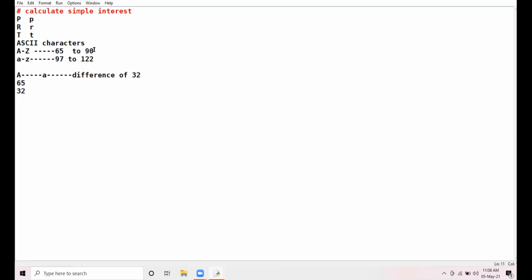When you add 32 to it, it gives 97, which is the ASCII code of small a. Similarly, when you deduct 32 from the ASCII code of small a, the answer is 65, which is the ASCII code of capital A.